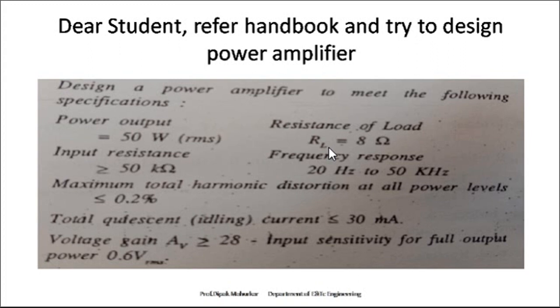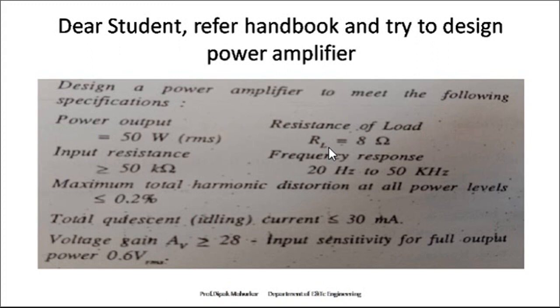We know that, suppose the amplifier has 60% efficiency, the input power is 50 watt divided by 0.6, which is 83.3 watts. So 83.3 minus 50 gives 33 watt that must be dissipated in the output transistors. Here you can find the heat sink considerations. For this we require some calculations.